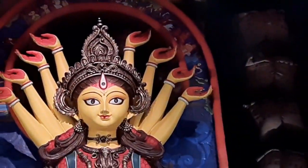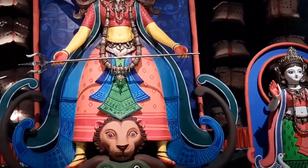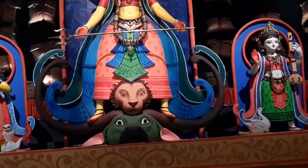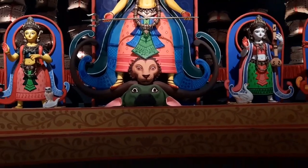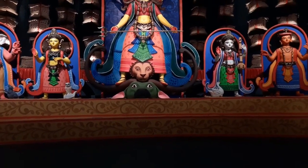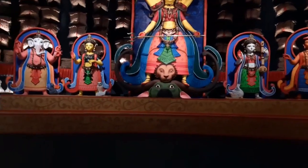Gradually we are coming down from the Mata Rani's murti, or idol. And down below you can see the lion, and the buffalo is also there. And on the left-hand side of Mata Rani,